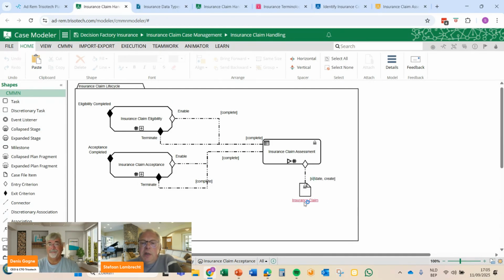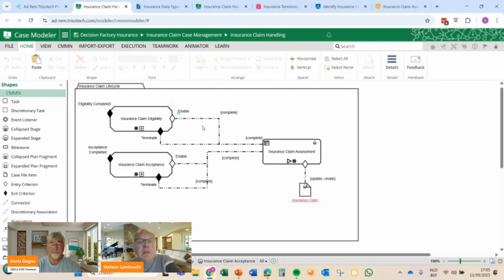Yeah. What I'm going to show here, we're going to execute, in fact, the claim handling itself. So as we would expose it to an IT environment. So what I have been doing here, I'm not an IT developer at all. I have been modeling case logic, process logic, decision logic. And what we are going to do here is to show that it also works in an IT environment as the backbone for systems on the internet or whatever, mobile apps, etc., that can use it.